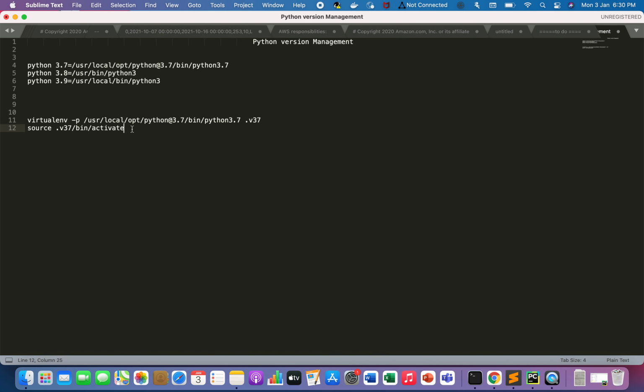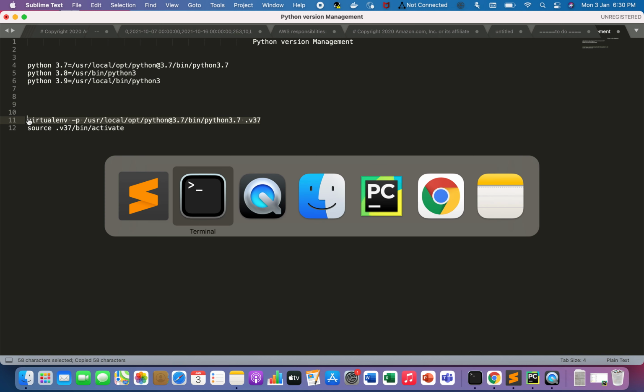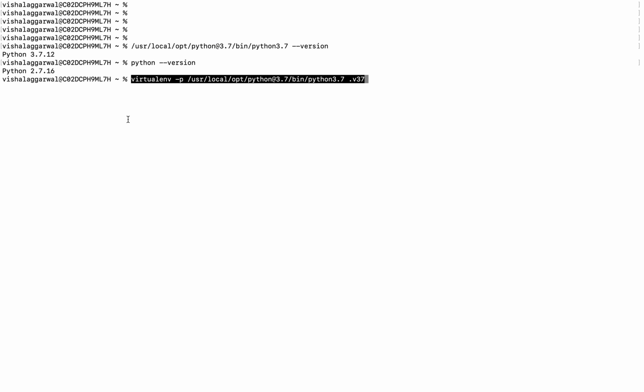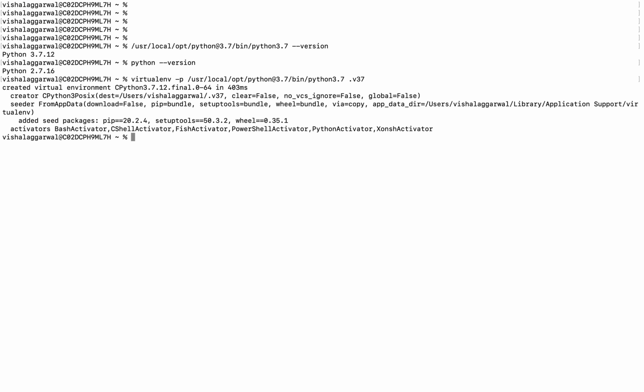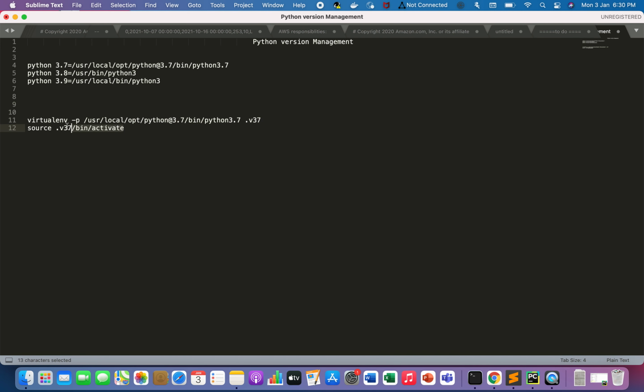These two commands will give me the desired version of Python to be used by my system, and for any library or project where you want a specific Python dependency, you can use it there. So let's execute this command first. Okay, so this has created one isolated environment. To use this environment, we need to activate it. It's written here clearly: created virtual environment Python 3.7.12. So now let's activate this environment.